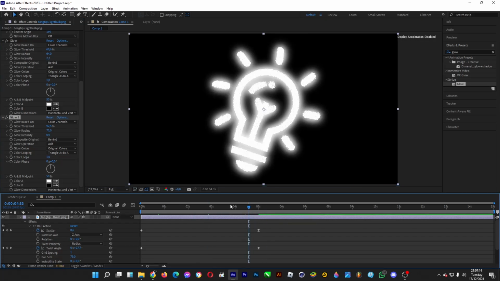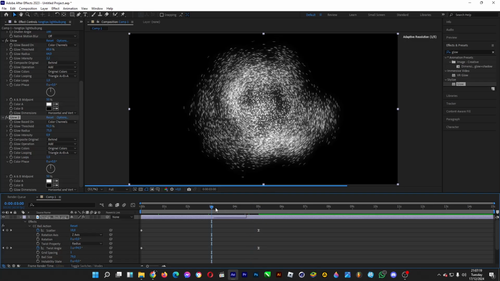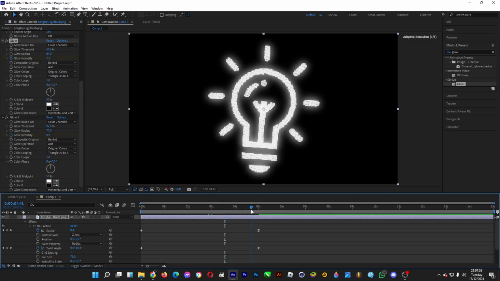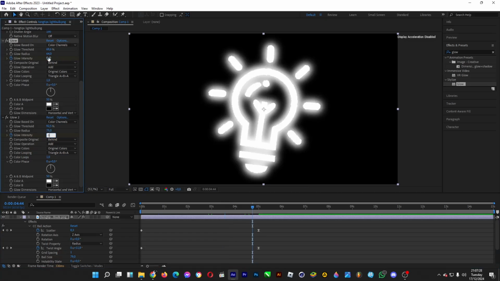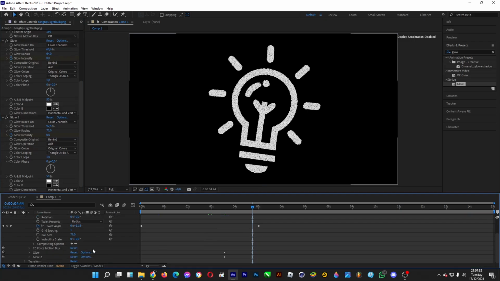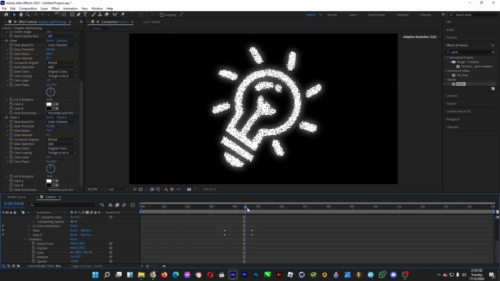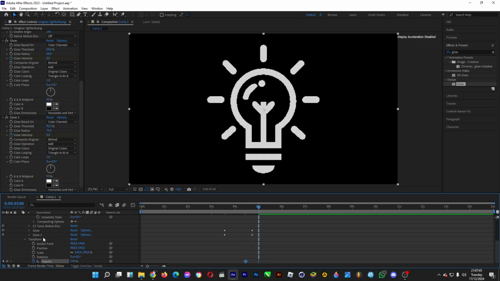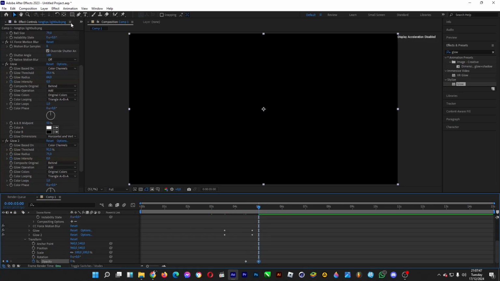Fancy. Now let's just do some animation with the intensity, starting from this. Turn on the stopwatches for both of the glowing effect, and then at this second, change it to 0. Just like this. And now we get to make this disappear from here, for example. Turn on the stopwatch for opacity, and then at 5 seconds, you make it completely disappear,